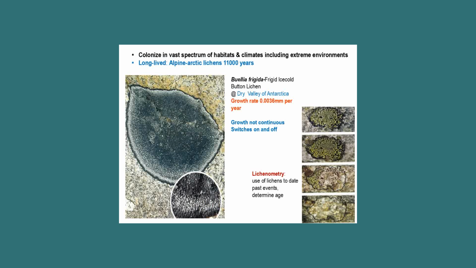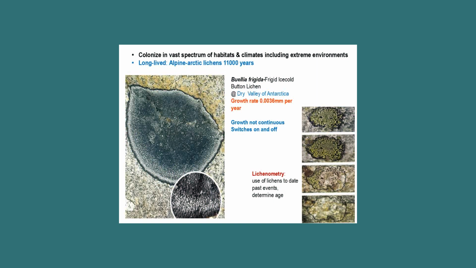And I told you, they are the slowest growing organisms in the whole world. This particular frigid, ice-cold button lichen in Antarctica grows 0.036 millimeters per year. That is why they have become very good sensors, actually. They grow very slowly over hundreds of years, and this particular lichen shown in the photograph is 11,000 years old. So they tell us what has happened over the climate change, how the temperature has increased or decreased,